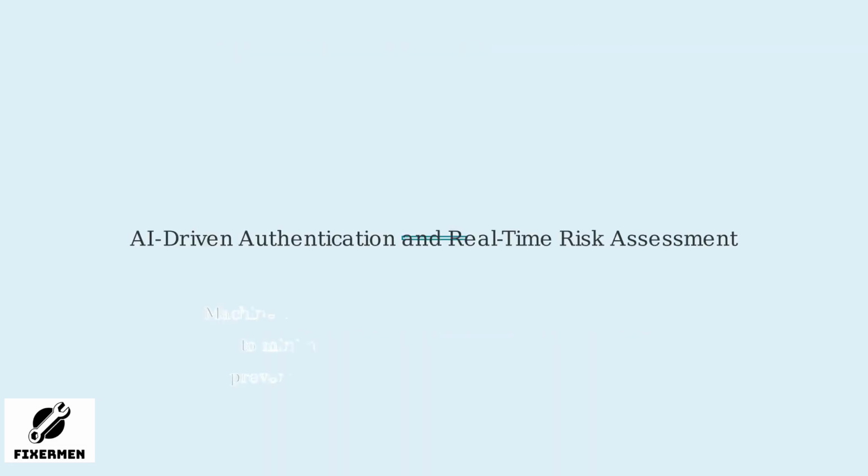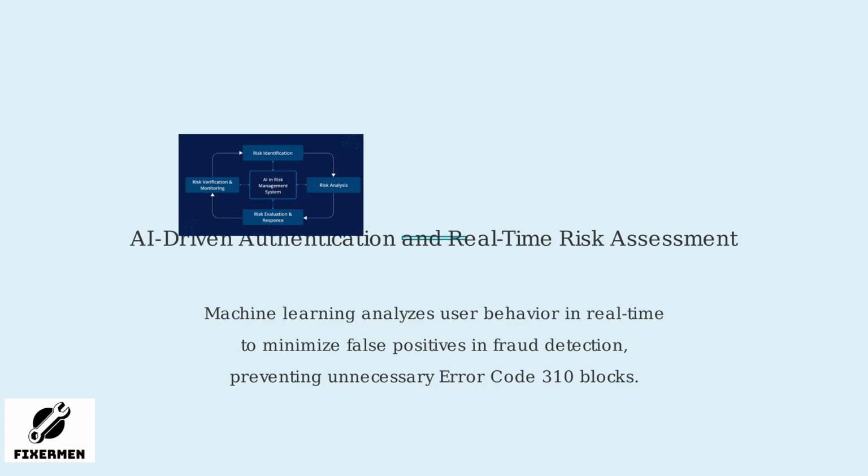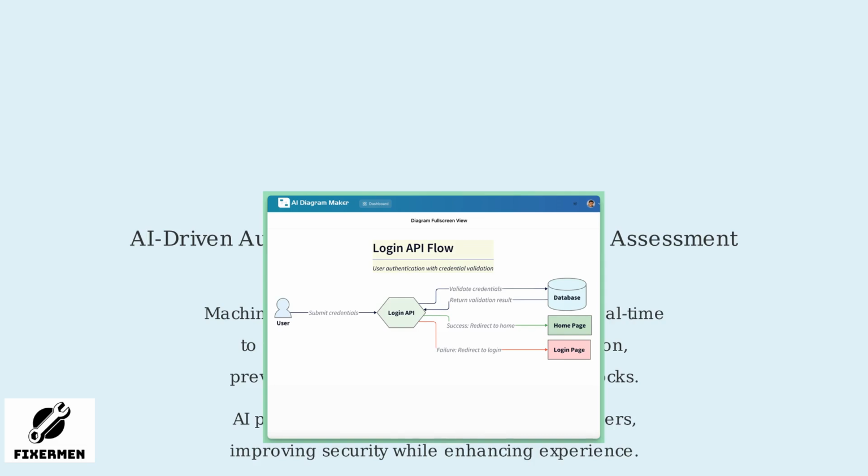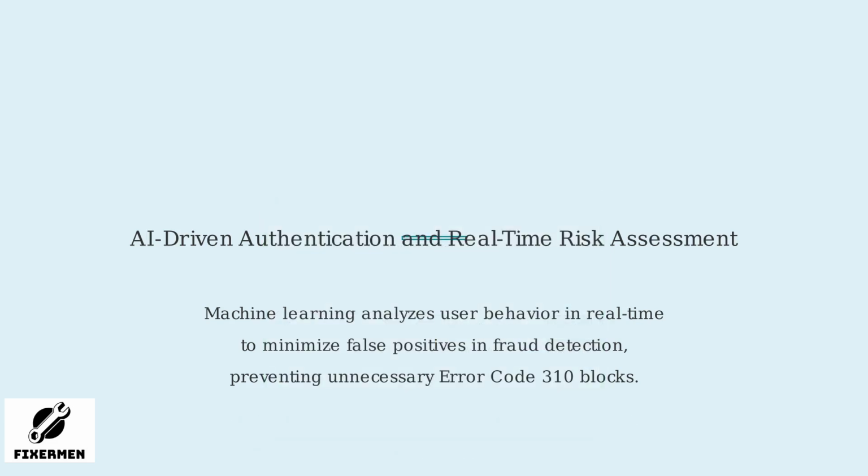AI-driven authentication uses machine learning to assess risks in real time, helping to reduce false positives that can cause error code 310 by accurately identifying legitimate users. This circular process shows how AI continuously monitors and evaluates risks, from identification to verification, ensuring adaptive security measures. The confusion matrix illustrates fraud detection outcomes, where AI minimizes false positives, incorrectly flagging valid users that lead to login errors like code 310. For compliant users, AI personalizes the login flow, streamlining authentication and reducing friction while maintaining robust